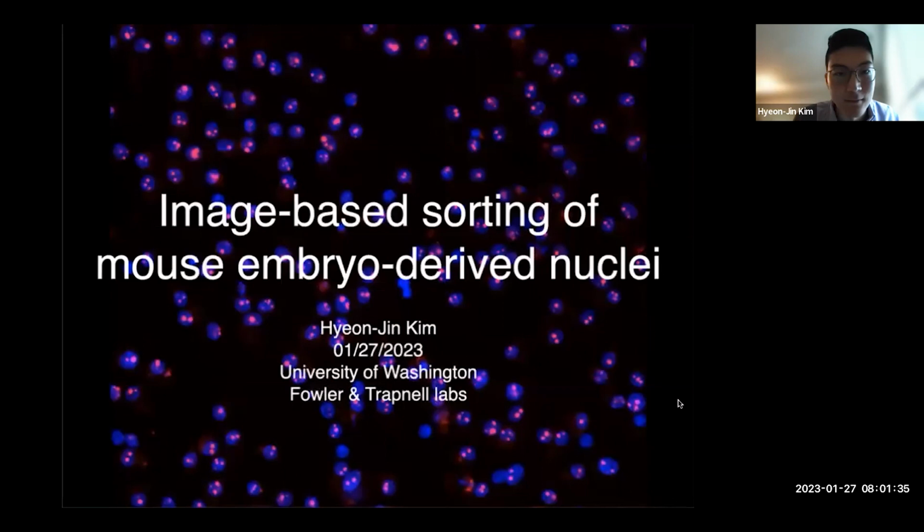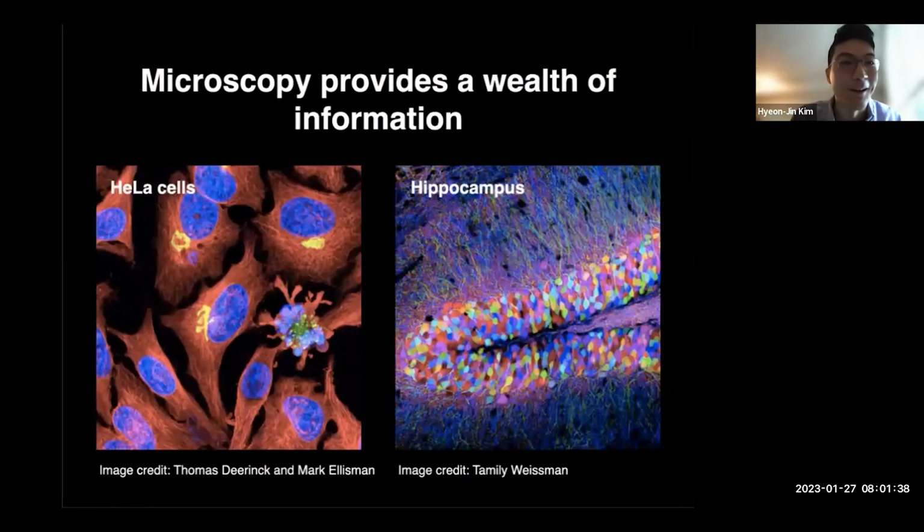To motivate my project, I'd like to show you these beautiful pictures of HeLa cells and of hippocampus, and remind you that microscopy and fluorescence imaging can provide both quantitative and qualitative information inside the cells. On the left, what you see is HeLa cells undergoing apoptosis. And on the right are neurons. It's from Rainbow,